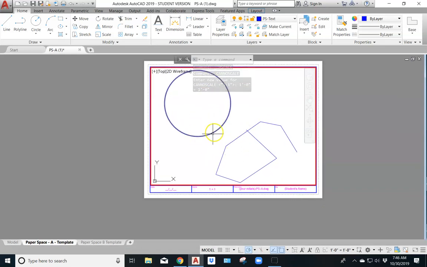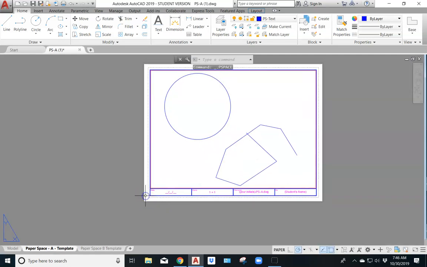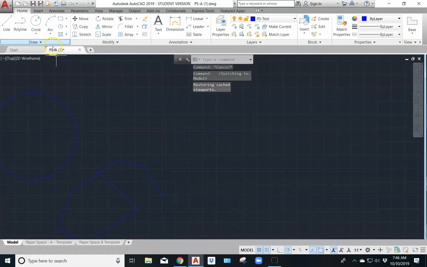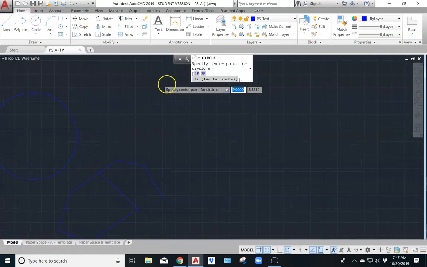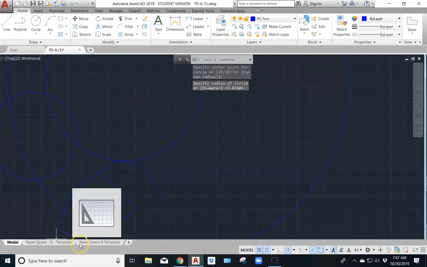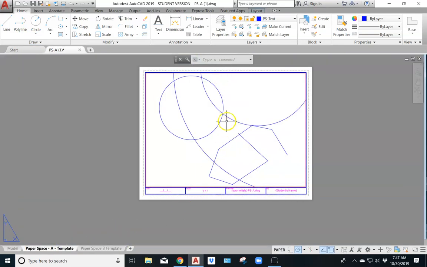It might be a little bit big, but it fits pretty well. If I were to then go out and add a bunch of things to it, whatever they might be,